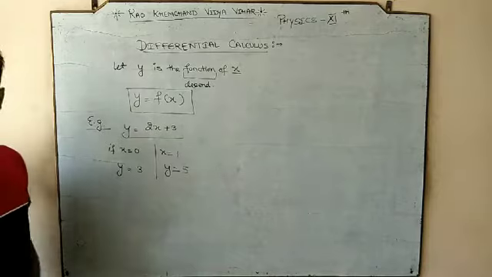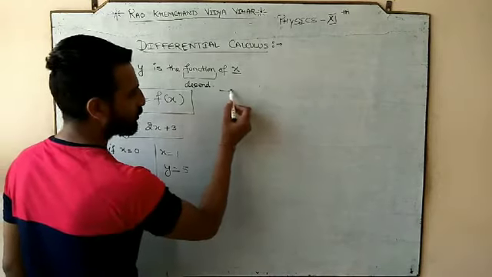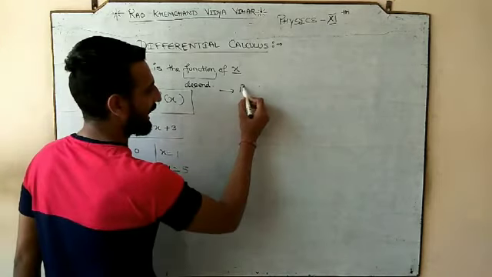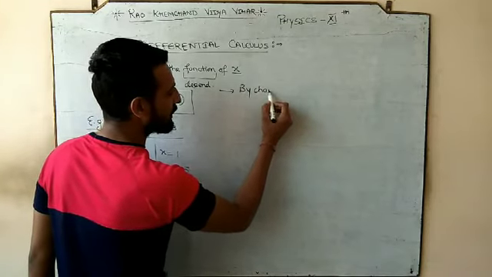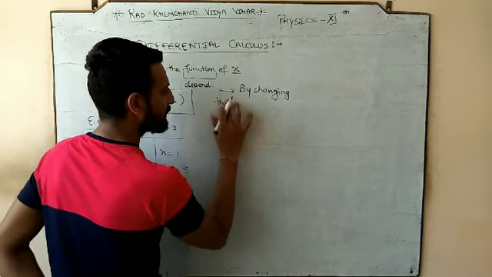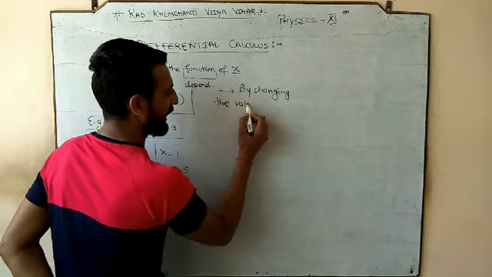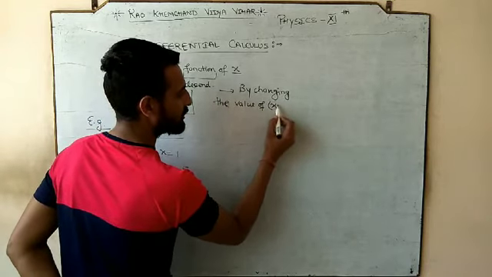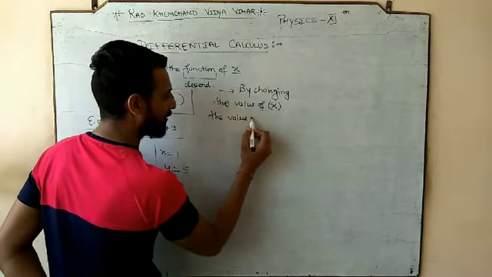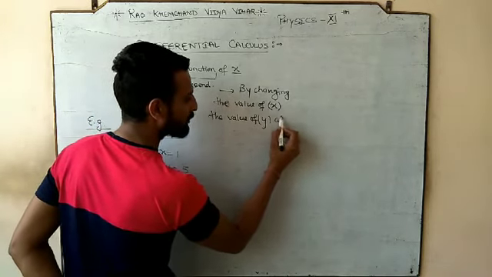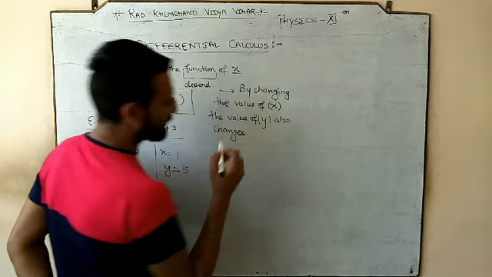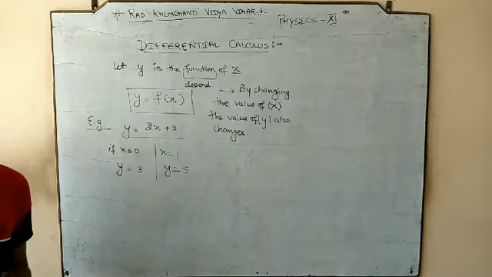So this example में इसे संभाल के रखते हैं क्योंकि ये आगे help भी करेगा. So y is the function of x. So it indicates you what? y किसका function है? x का. इसका मतलब that by changing the value of x, by changing the value of x, the value of y also changes. Okay, it means जब भी आप x का वैल्यू चेंज करेंगे तो y का वैल्यू चेंज होगा.